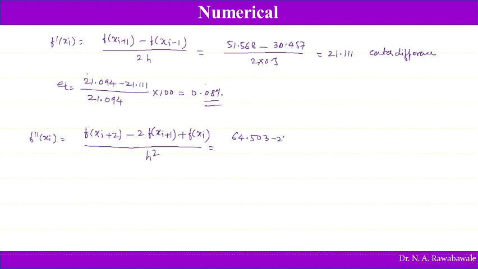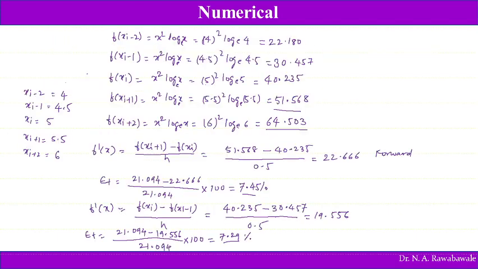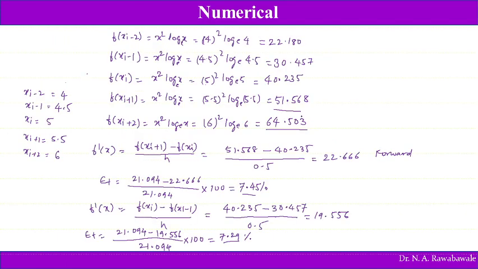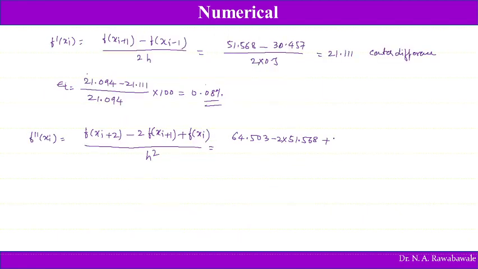64.503 minus 2 f of x i plus 1. f of x i plus 1 is 51.568, plus f of x i, which is 40.235, divided by h square. The h value is 0.5, 0.5 square. So on simplification, we get as